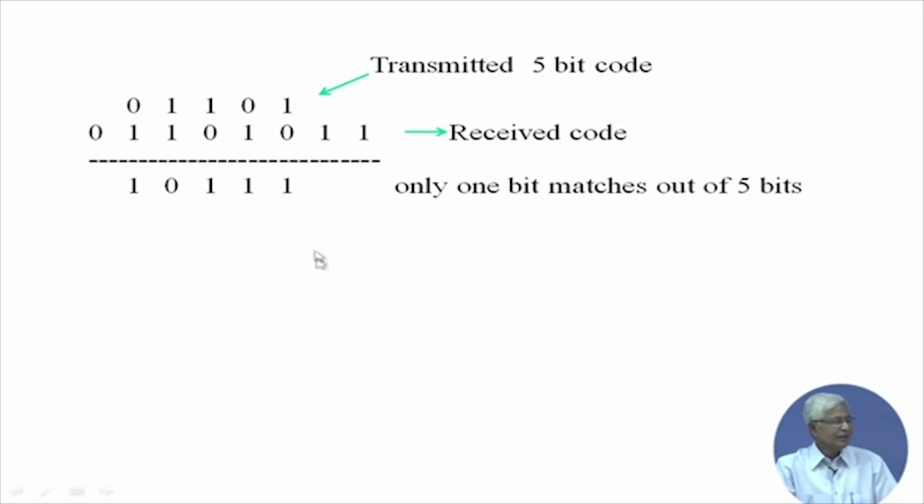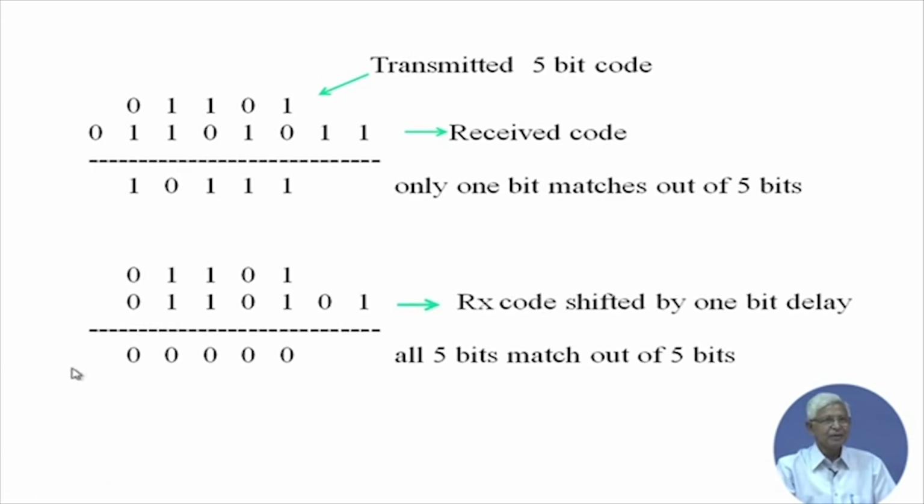In the digitized form, let us give a simple example. Many of you know that, but still I repeat. Let us say we are transmitting a code of 5 bits, which is 0 1 1 0 1, and after some time we get back the code which is already shifted, that is 0 1 1 0 1 0 1 1 like that. But at this point when we try to compare this snapshot, we find that correlation is happening only in 1 bit out of 5 bits. So only 1 bit has matched, that means the code has not fully matched, so we have to delay it further.